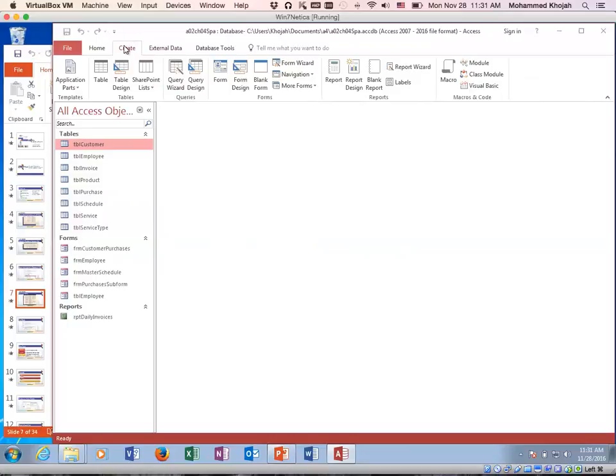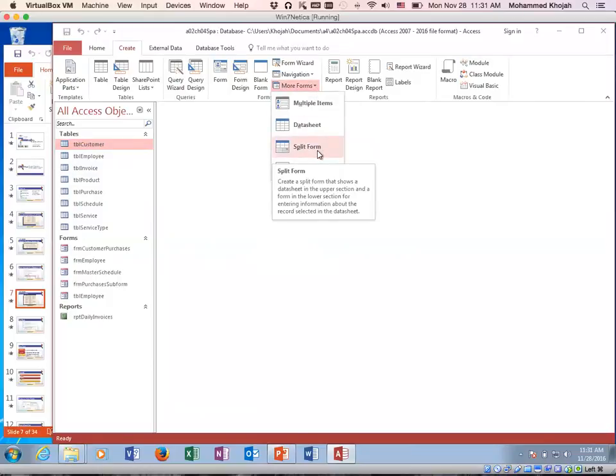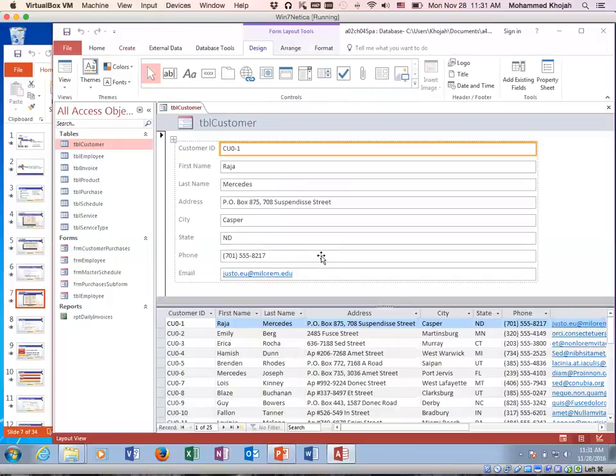I want to go to create. We have here more forms, all right? If you click on that one, you can see split form. I'm just showing one of the types, so you can go and try the other types by yourself. So this is split form there. It's actually split the form for you. So table customers, you can see it one by one up there,